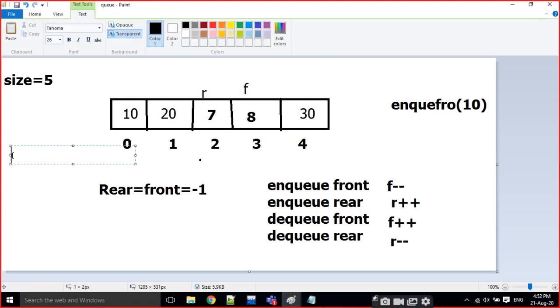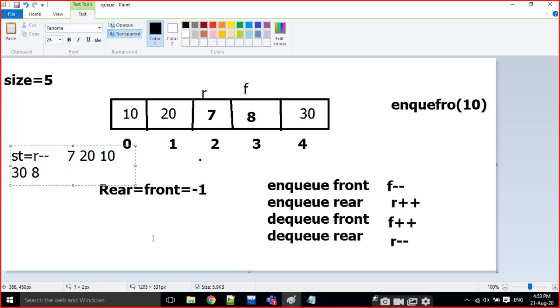For example, if you are starting at rear, we have to decrement it. That means if F is at +1 position, these two values are not in the queue, right? We have to decrement the R value every time and go back, and the output is going to be 7, 20, 10, 30 and 8.